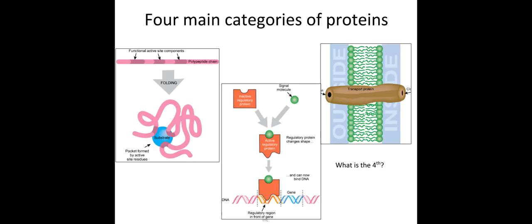And the fourth type of protein are going to be structural proteins. These are proteins that give your cells the particular shape that they need. So thinking about muscle cells, they're going to have a very different shape than say your eye cells or your neurons. And so all of that structure is dictated by these structural